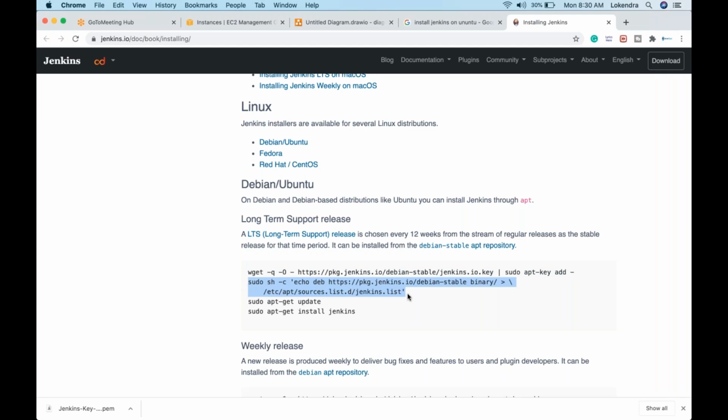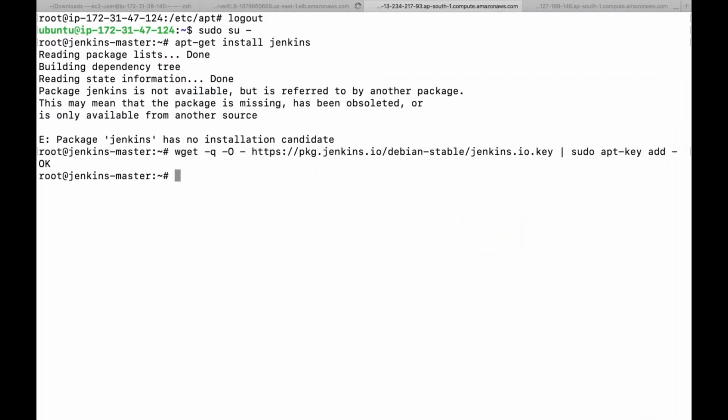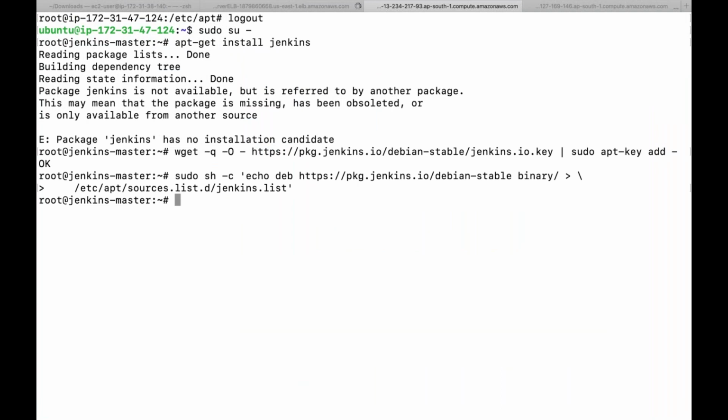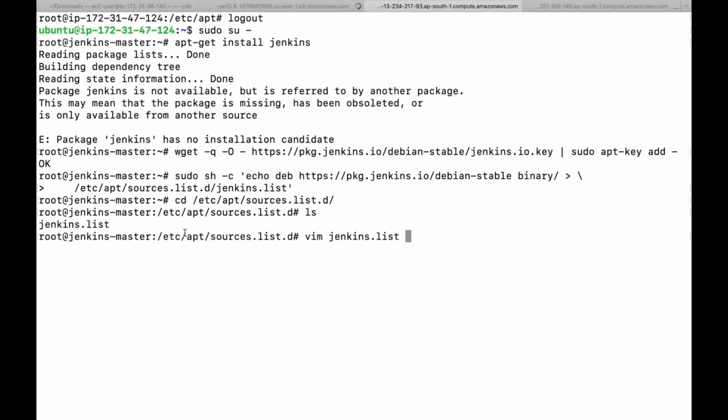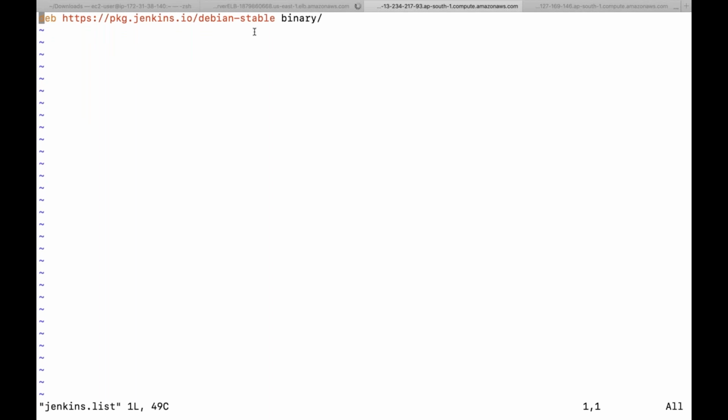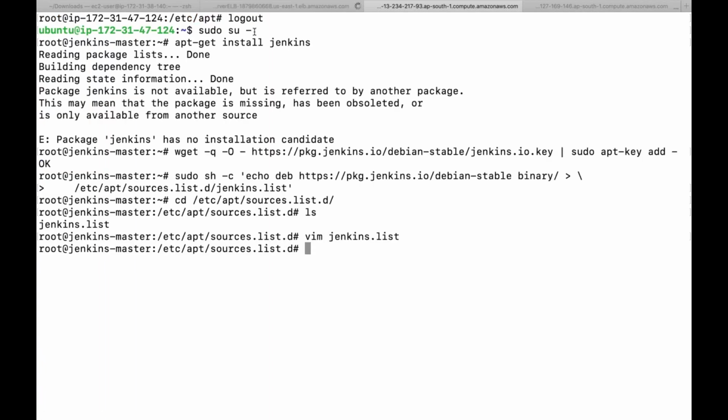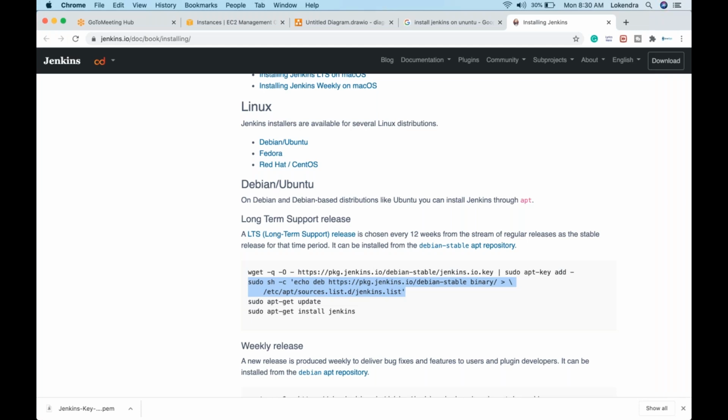If you remember when we ran the command apt-get update, at that moment these sort of URLs were there, and right now I'm going to perform the same thing. It means I'm going to add this URL into this particular file, right? So I'm going to run this command. This command is executed, and earlier there was no file in this particular directory. If I go inside, right now there is a file jenkins.list, and you see there is only a single line written here. This particular file is going to be responsible for providing the URL related to Jenkins.